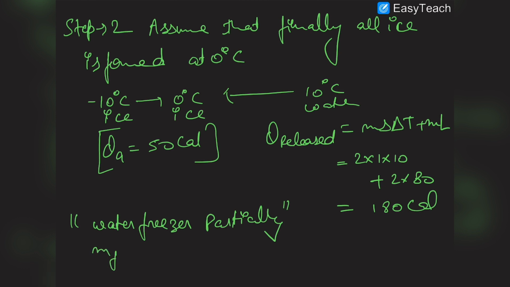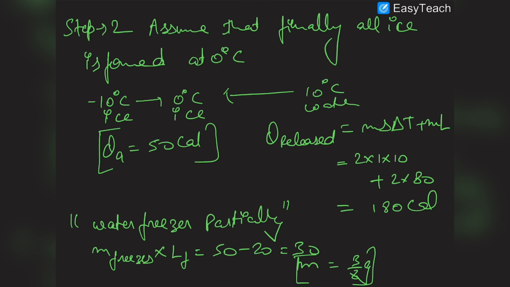So m of water freezes into L of fusion will be equal to 50 minus 20, because ice required 50 calorie to come to 0 degree Celsius, and water gave only 20 calorie by coming to 0 degree Celsius, and the remaining 30 calorie would be provided by the water by partially freezing. So this is 30. So m of water freezes would be 3 by 8, because latent heat of fusion is 80. So 3 by 8 grams of water will freeze, and hence we can say that therefore finally